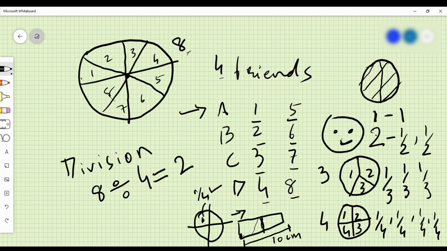So what I will do, I'll give 1 centimeter here, 1 centimeter here, 1 here, 1 here, 1 here, 1 here, 1 here, 1 here. So in a way I will give like 5 on this side and 5 on this side to make it 10. So basically division is